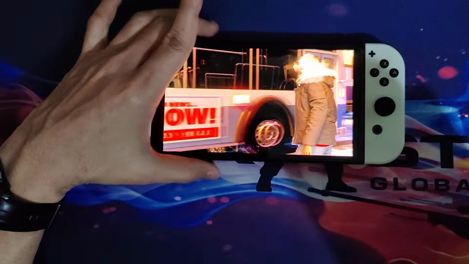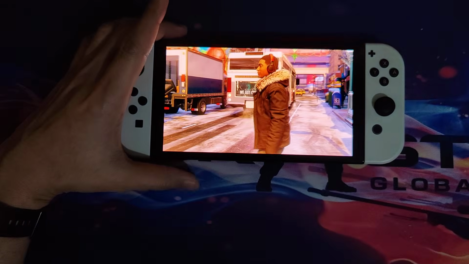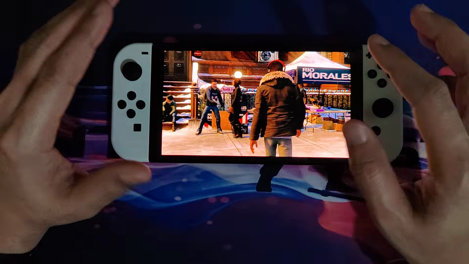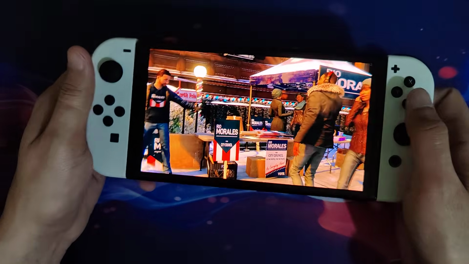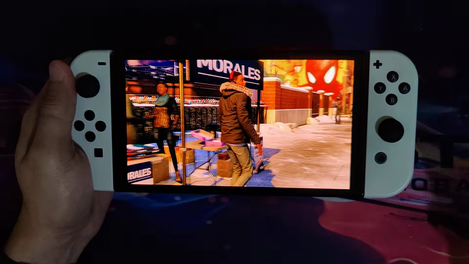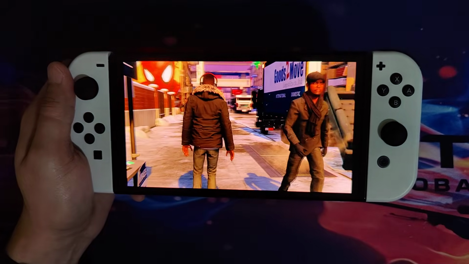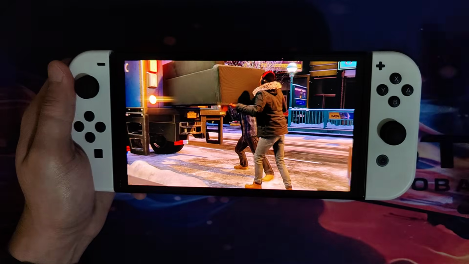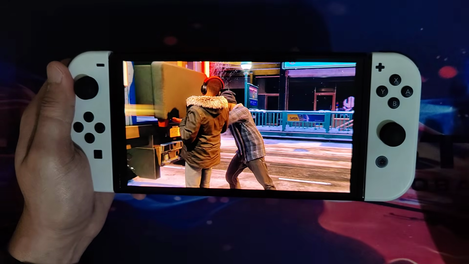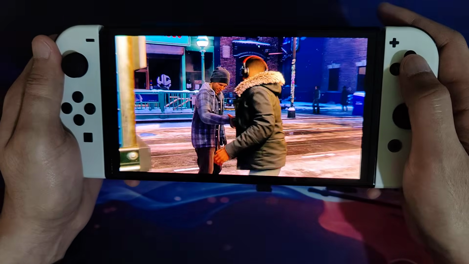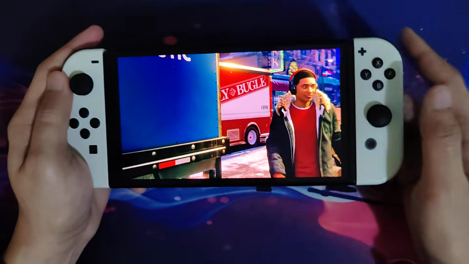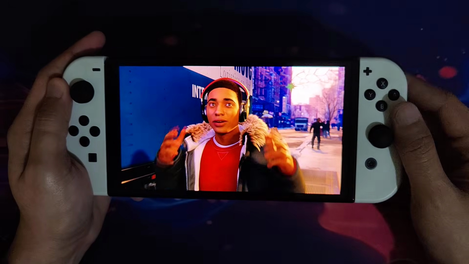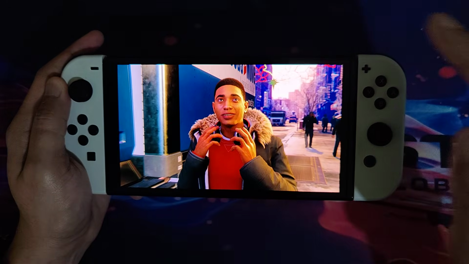Maybe the Switch OLED is going to be a viable solution to play, because maybe you don't want to buy something like a Red Magic Ultra, for example, or the Lenovo Legion Y700. You don't want those, and you have the Switch lying around. Yeah, just install Android on it and use Artemis,